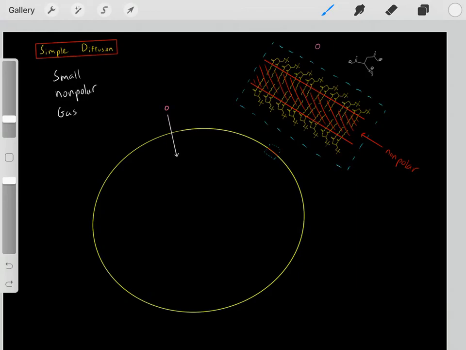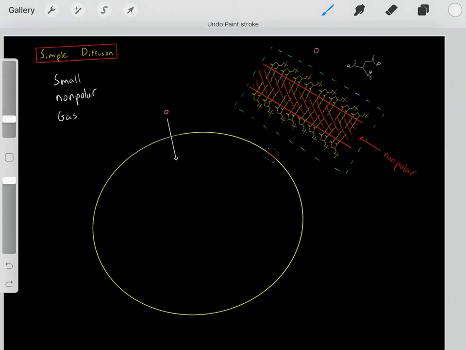So we know our rule, likes dissolve likes. Nonpolar molecules, for example small nonpolar molecules, can simply dissolve and diffuse in this nonpolar internal region. So if they can dissolve in this nonpolar region, they can cross straight